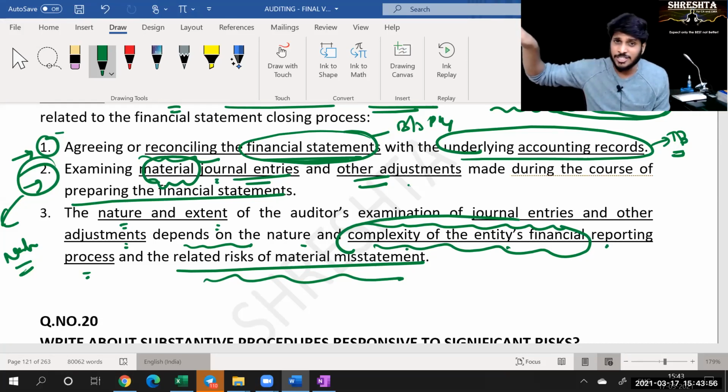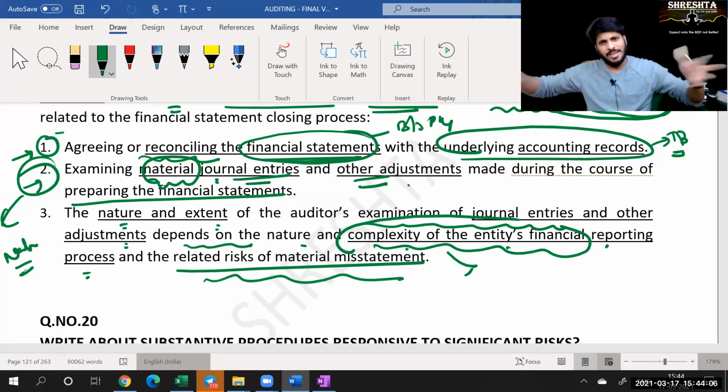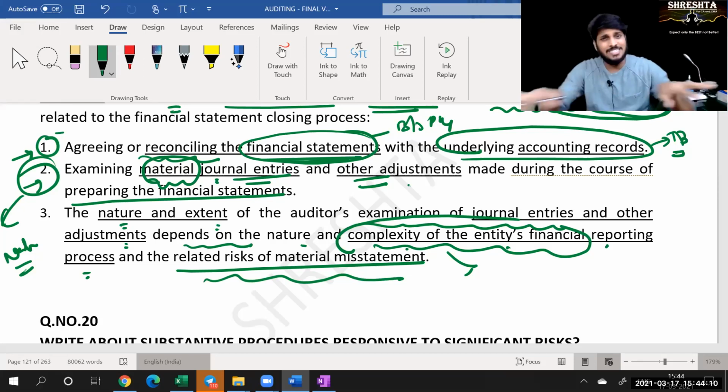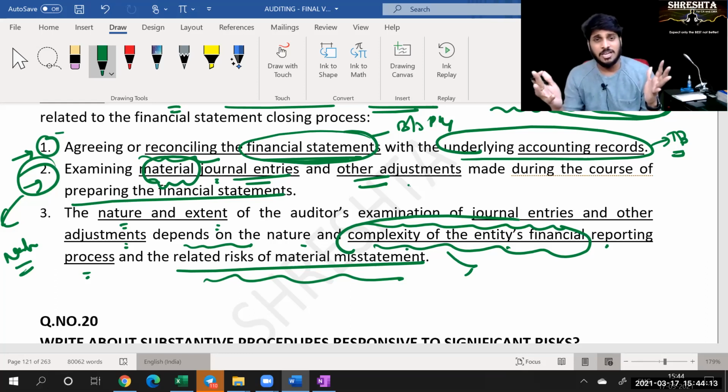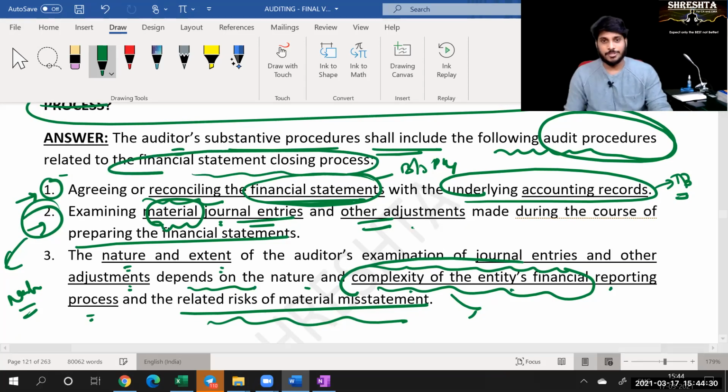They are looking into each and everything very carefully. And the entity is also not very complex. It's a very simple manufacturing entity, so you can easily identify what the expenses, incomes, prepaid and outstanding items are. Not much decision making is involved. In such a case, you moderately verify on a sample basis. If it is very complex, you verify in a little more depth. So this is the substantive procedure that you follow for verifying the financial statement closing process.